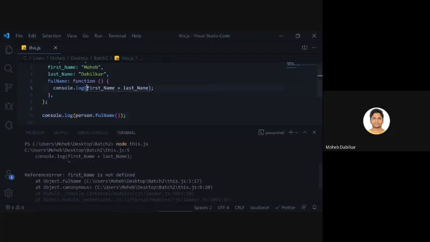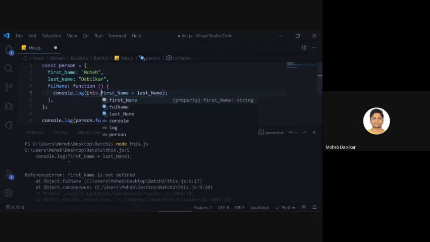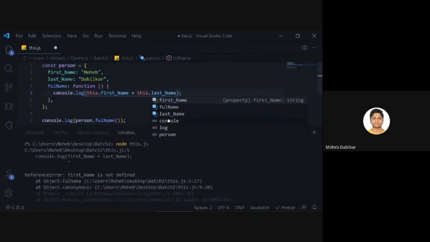To get this first name, even though it is given over here, it does not have the local scope required to call it inside a function. At this point we use something known as this dot first name, and then this dot last name. You see my auto suggestion also gives me last name and full name.